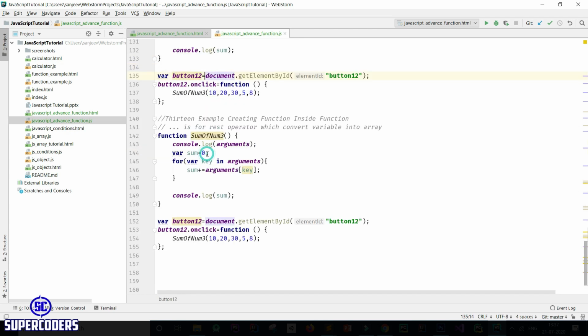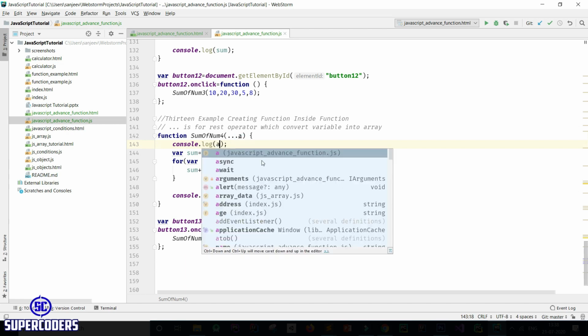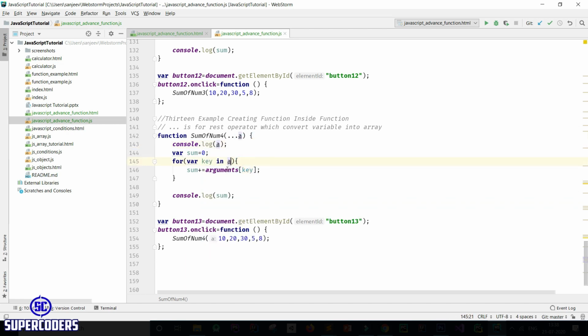Now again change this to sum of number 4 and change this to 13, also this to 13 and this to 13. Change this function name to 4 and here you need 2, so adding again rest operator a, then a.